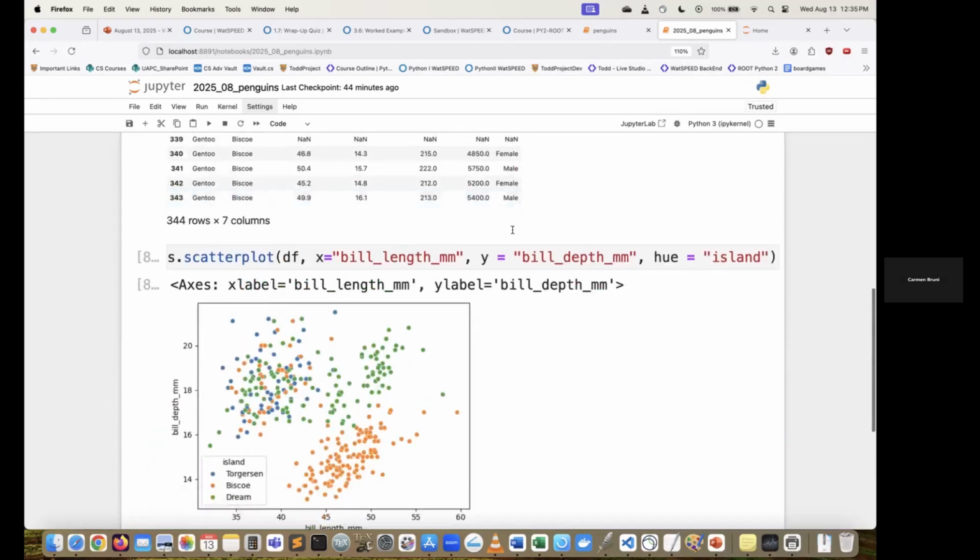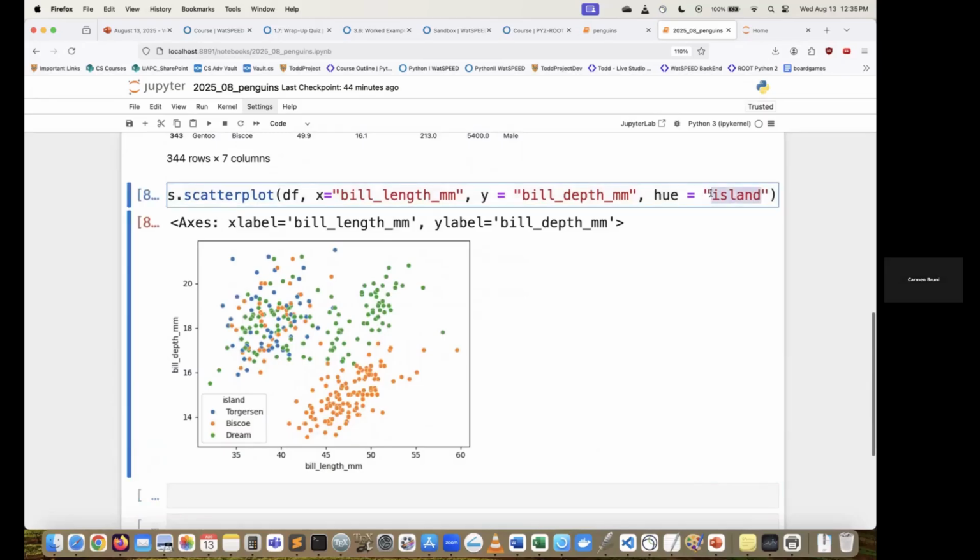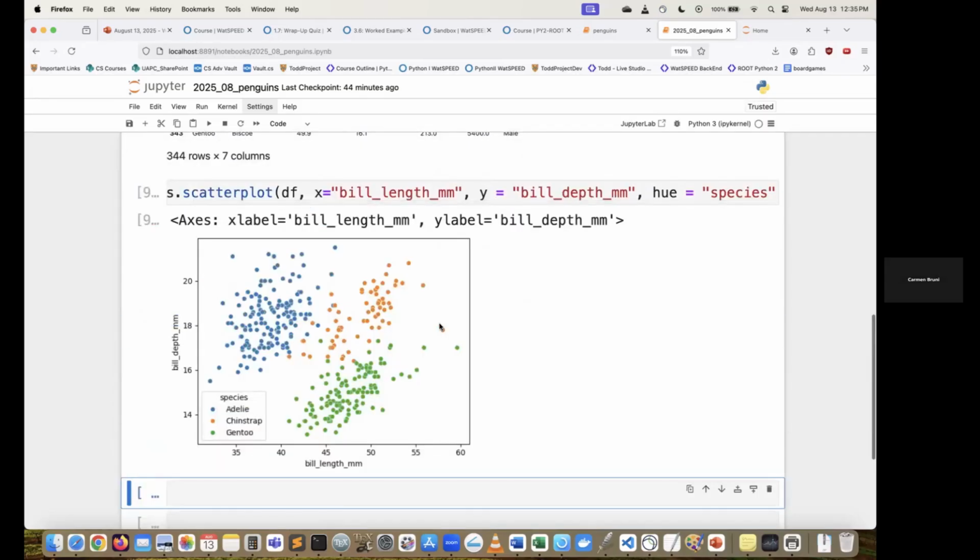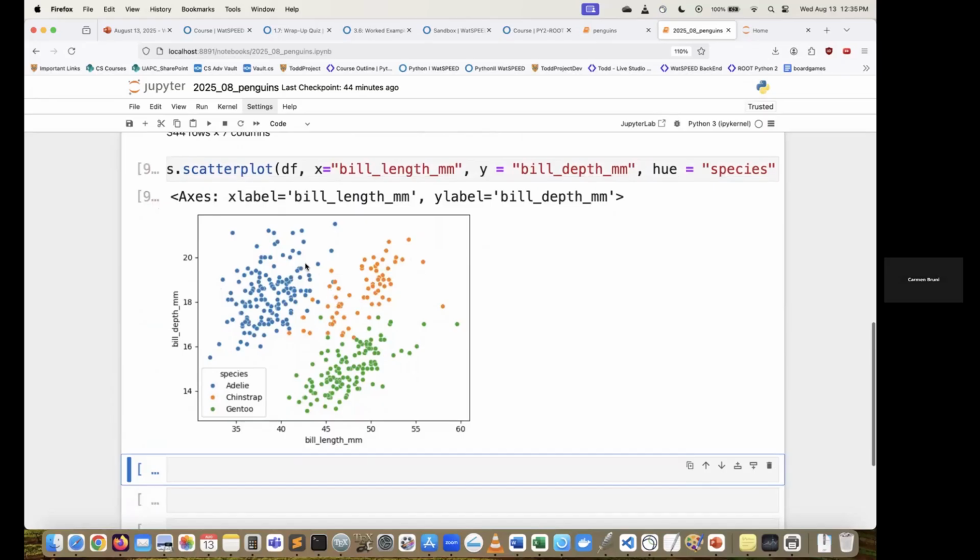That's kind of cool. We could change this. We could do this by species instead, maybe. Whoa, that looks pretty cool, right? So now I can see a clear division here. It's not perfect, right? But all the blue ones seem to be in this top left corner, all the green ones seem to be in this bottom right corner, and the orange ones seem to be somewhere in the middle, okay? I'm doing this visually for us because I have 40 minutes,